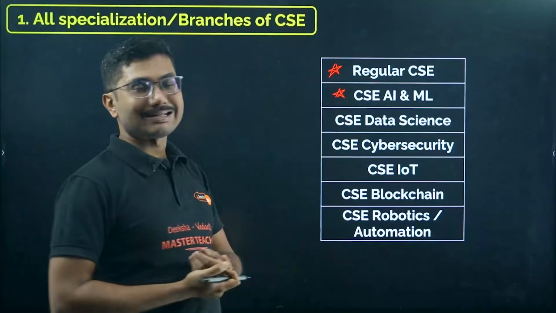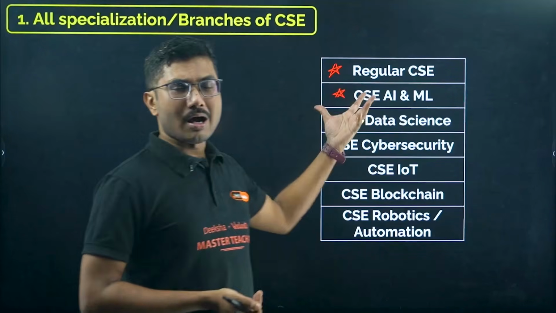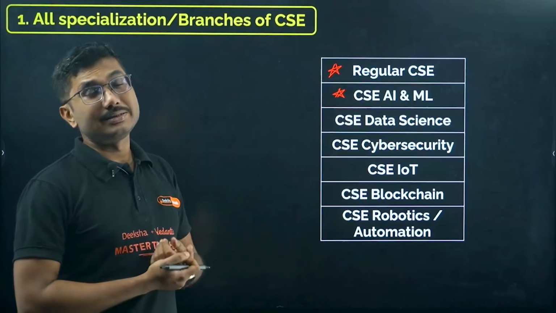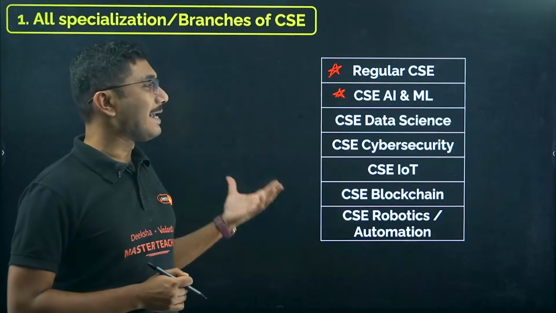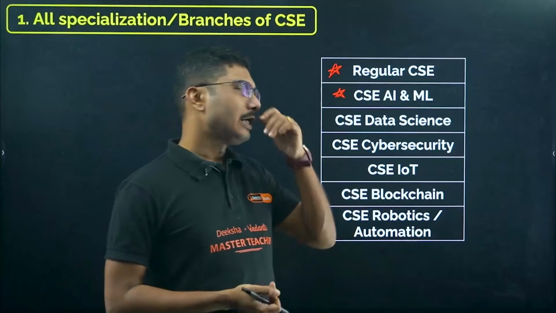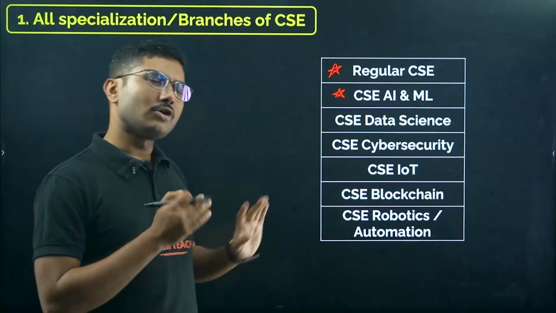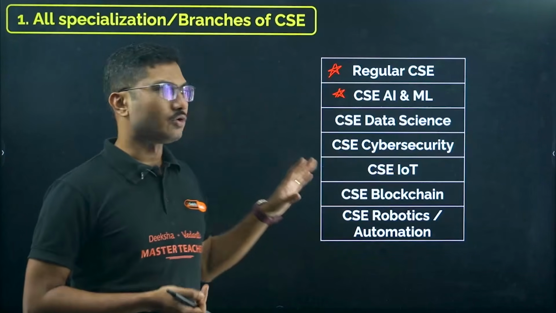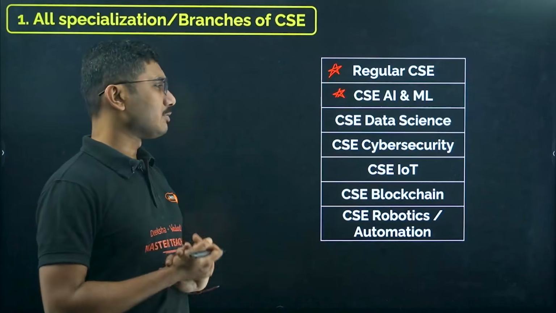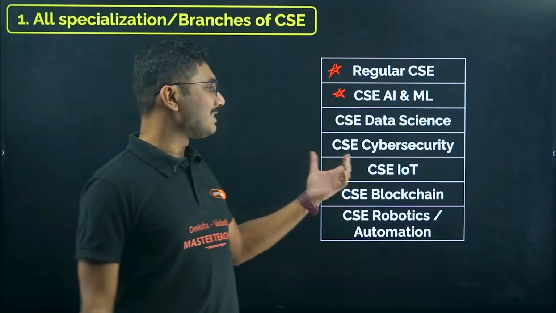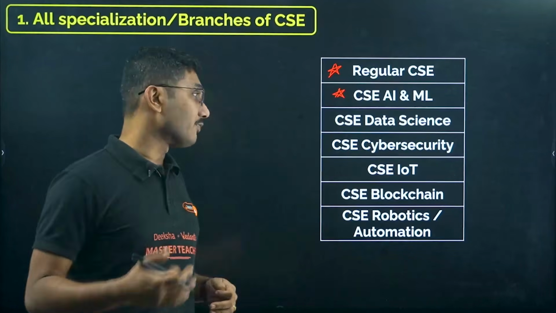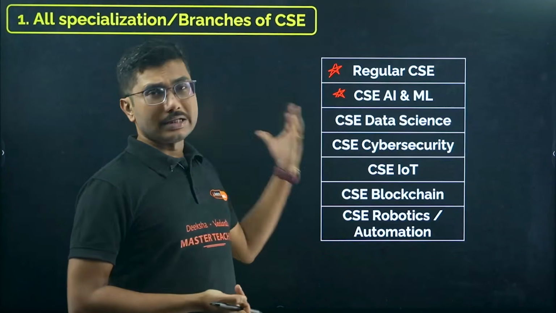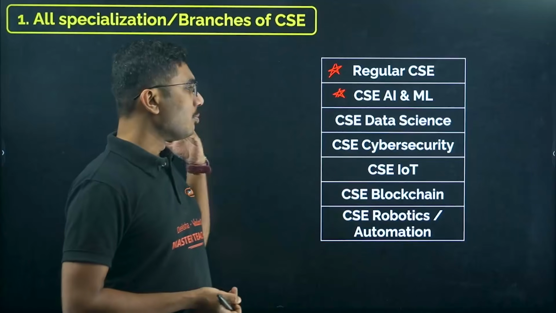Third is data science. Now data science can come with AI, or without AI as well. Sometimes it can be AI and data science, AIDS we call it. Some colleges offer AIDS, some colleges offer normal DS as well. Cyber security is an upcoming branch, which is also very popular to some extent. Next, CSE IoT. IoT is Internet of Things, which is something offbeat in computer science engineering. Again, it is also a newer branch of computer science.